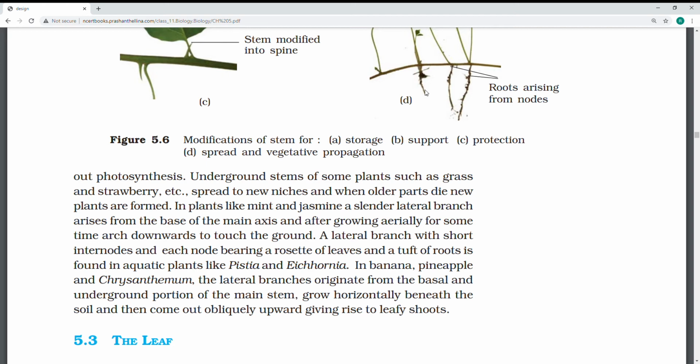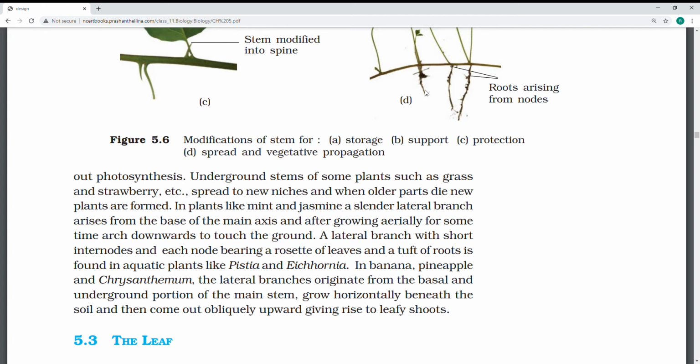The next one is the tendril. Suppose for aerial, there are tendril, thorn, phylloclade, cladode. They might give an example, or for 1 mark they have asked what is a phylloclade modification. Then you can write aerial stem modification, or else a flattened stem which has distinct nodes and internodes. The phylloclade develops into many xerophytic plants, and the leaves are modified into spines. Those are called phylloclade. And cladode is where the internode length develops from the node; that is asparagus. This is the detailed description of the stem modifications.